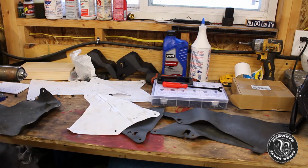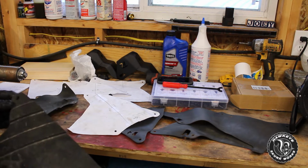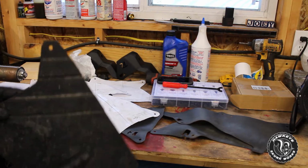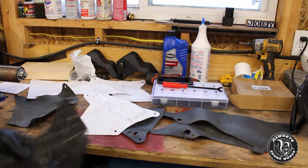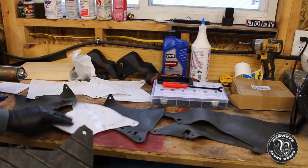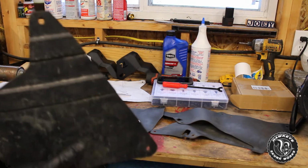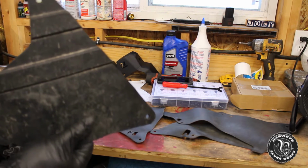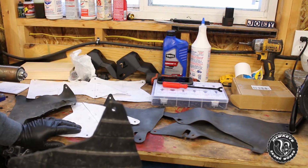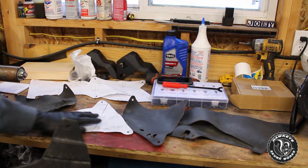Now, I mentioned earlier that I punched these holes a little bit bigger than the pins just so I would have a little bit of wiggle room to get them lined up. Well, out of all of these that I've done, I can get one, maybe two of the holes to come even close. And I think what the issue is,